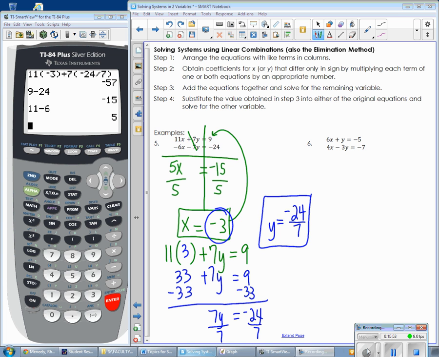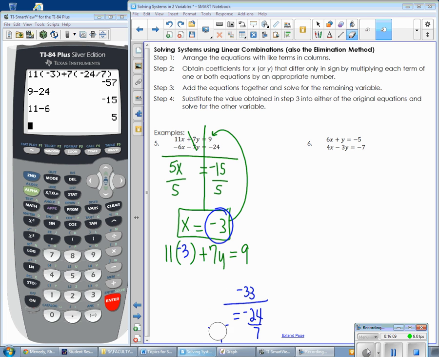X is supposed to be a negative 3. So this is actually a really good learning point because I only realized that I made a mistake when I checked my work. So we got to go back through and fix it. All right, so if I come back in here and adjust this part. All right, so 11 times a negative 3 is going to give me a negative 33 plus 7y